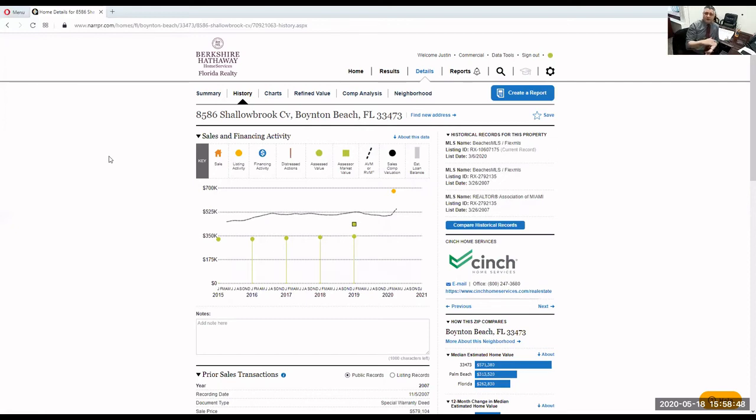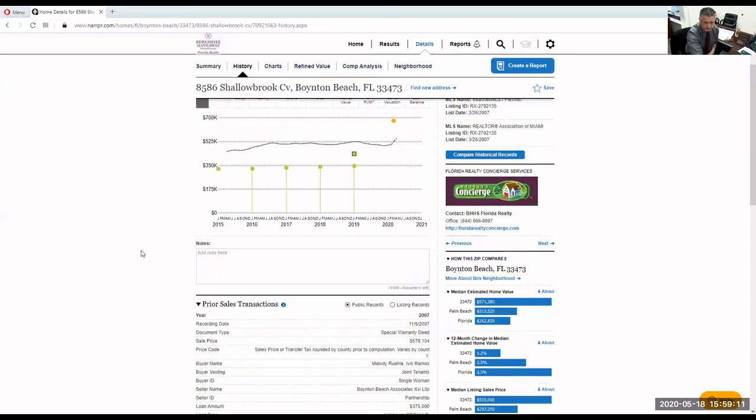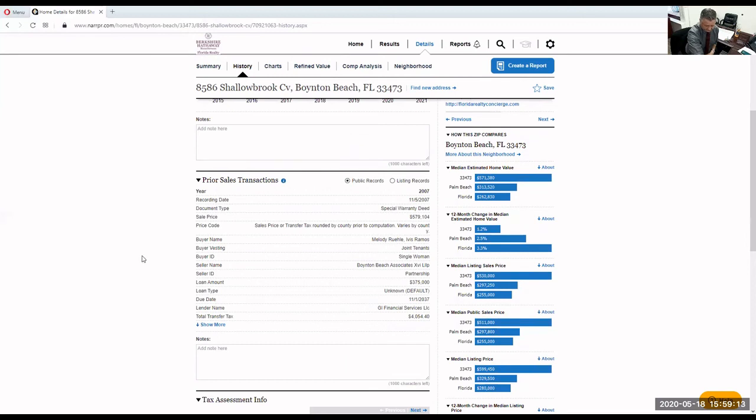So if there was listing activity, you will see orange markers. If there was a sale, you will see the little house in ochre. Financing activity, second mortgage, third mortgage, fifth mortgage, you will see it in there. Distress actions, assessed value, assessor market value, sales comp valuation, it would all appear in here. Then you will see a